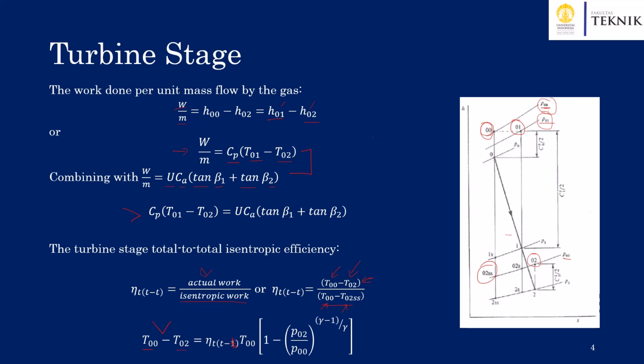It is a function of the total to total isentropic efficiency multiplied with the temperature at the inlet of the stator, and we multiply them with 1 minus the pressure ratio between the outlet of rotor and inlet of stator to the power of gamma minus 1 divided by gamma. Please keep in mind that gamma is a function between Cp and Cv,